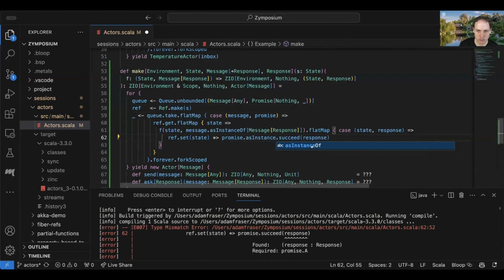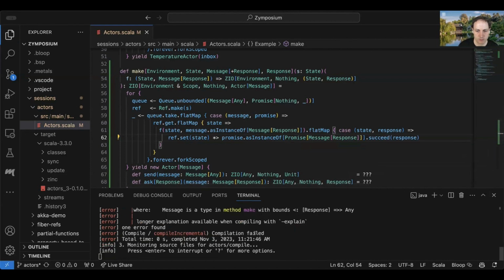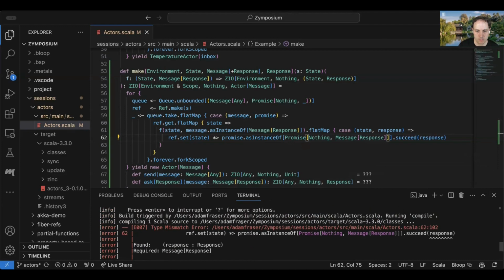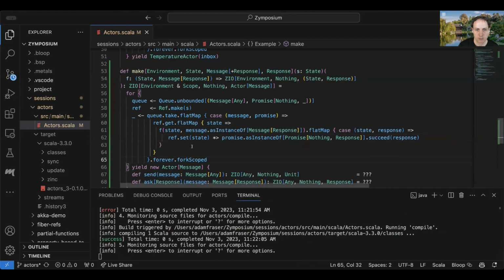So I think we can do promise as instance of promise message response, I believe. Let's see. Promise nothing. Message response. And it's not a message response, it's just a response.